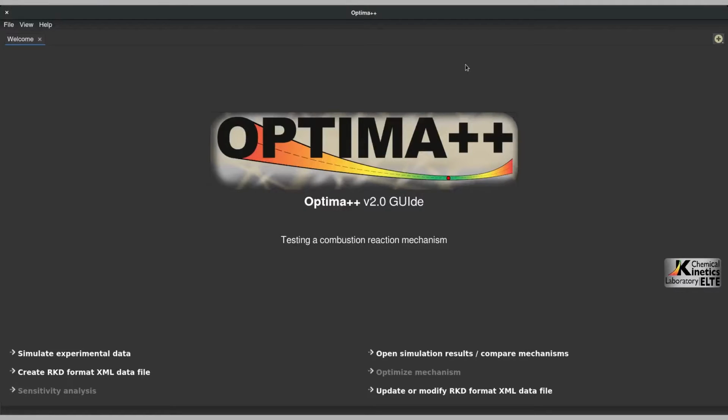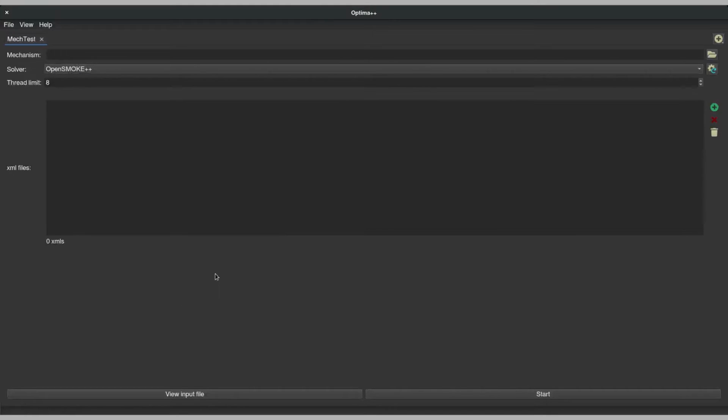I show testing mechanisms with the graphical user interface of Optima++. To set up a mechanism testing job, I click on the Simulate Experimental Data button.